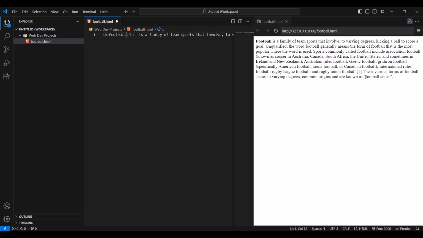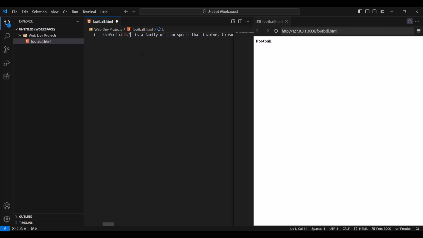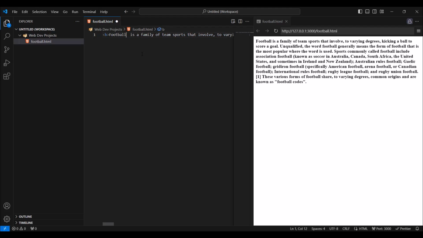Again, for you, the challenge is to make also this text at the end bolded using what we did here. And look what happens if I delete the closing tag: now all the text is bolded because it doesn't know where to stop. Here it's the opening tag, so it knows whatever comes after the opening tag is going to be bolded, but we don't have a closing tag to say, hey, stop here, make only this part bolded. Alright, so this is what we achieved here.